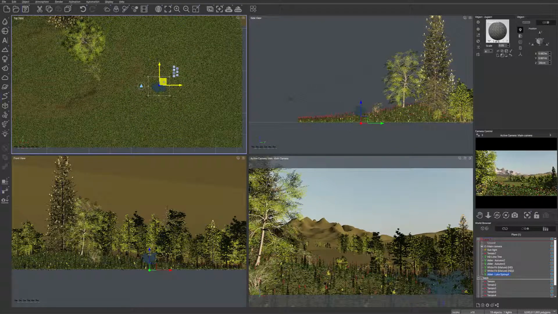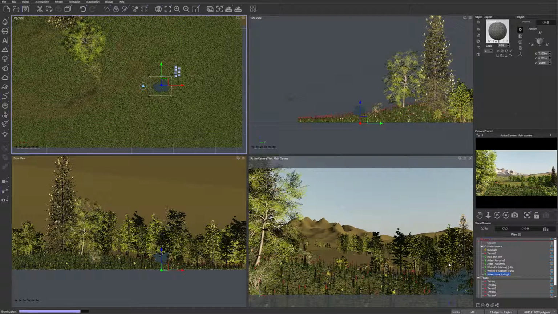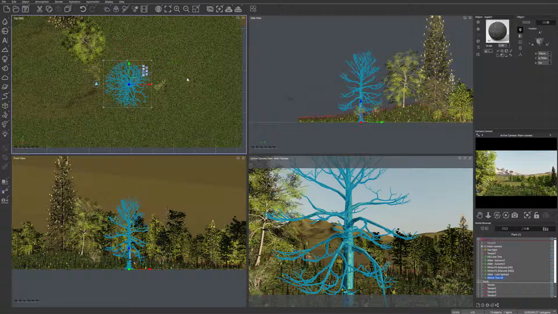Bring it right there a little bit. It's kind of a framing right now, creating this nice frame around our plants. Let's click another one, and you know what, let's select this dry tree, and